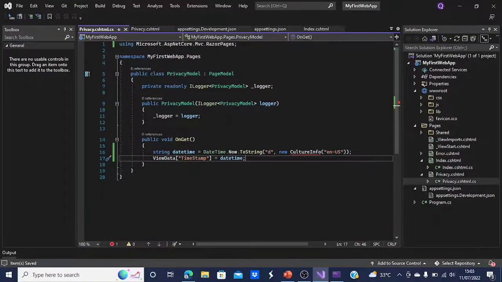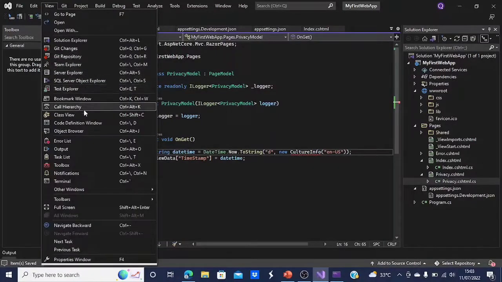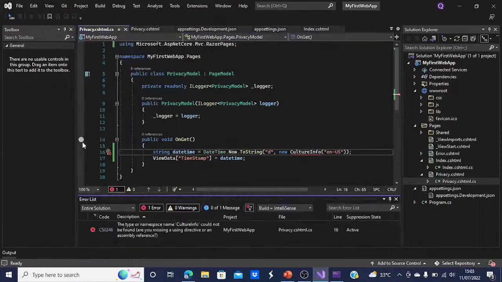Notice that a wavy underline appears under CultureInfo. Open the error list from the toolbar. Click View and click Error List in here. We can see the error in line 16.